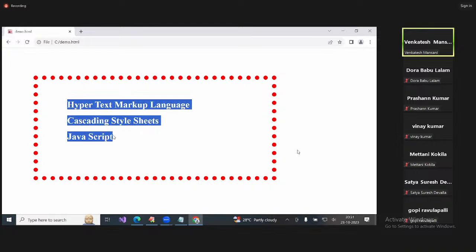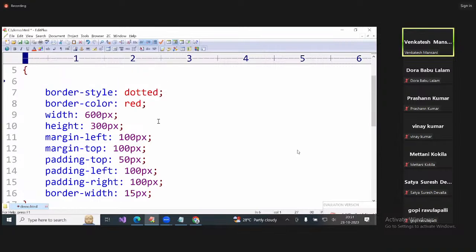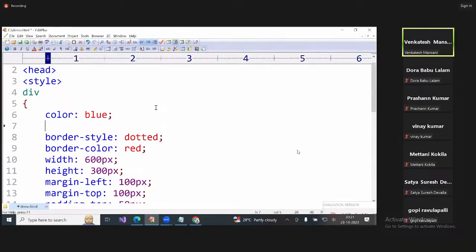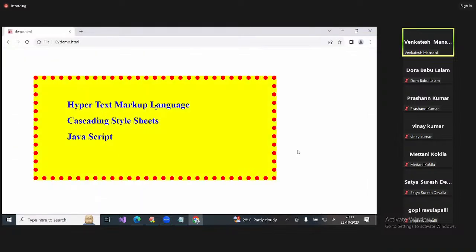This color, if you want to change, what will you write? Which property? Color. That is blue color. Okay. This background color, if you want to change, background color. Already background color. Background color. You observe? It is one more color. That background, if you want to change,